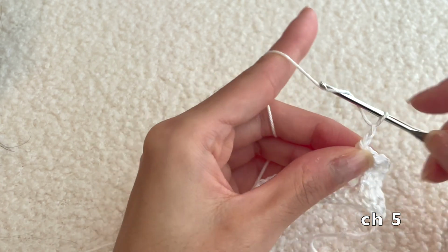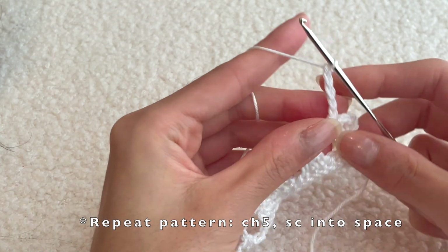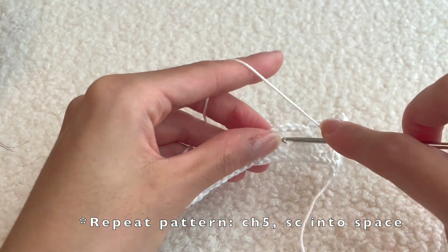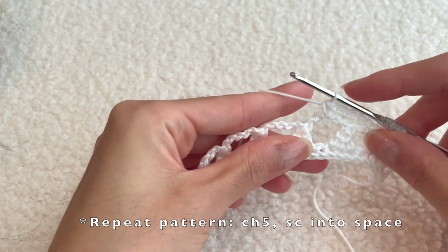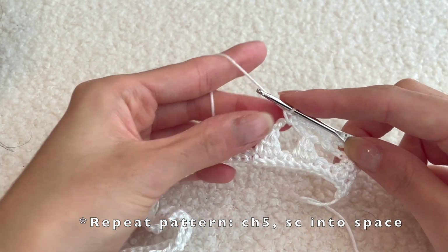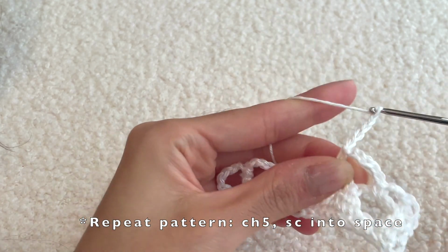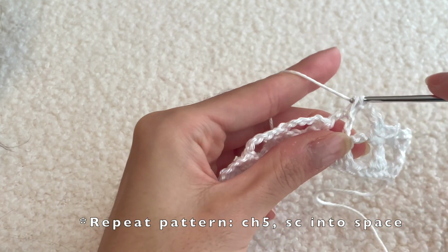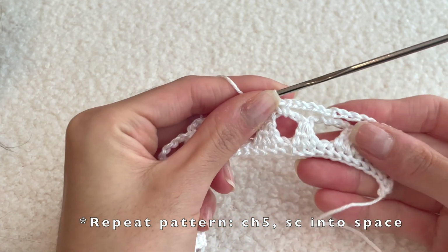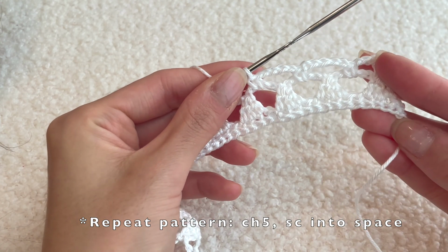And into that next space right there where we did the chain 5 previously, we're going to do a single crochet. So for that, you just put your hook through, pull up a loop, yarn over, and pull through the 2 loops on your hook. And then we repeat the pattern where we chain up 5 and then put a single crochet into each of those spaces right there. Okay, when you do the last single crochet into that last chain up of 5, there's